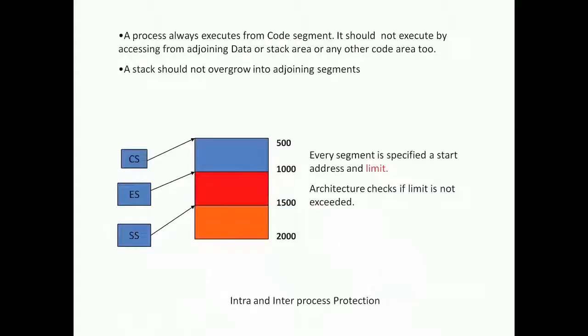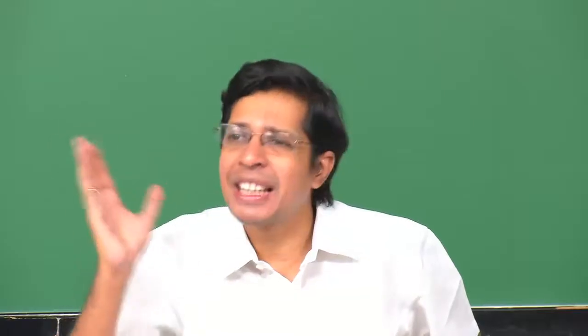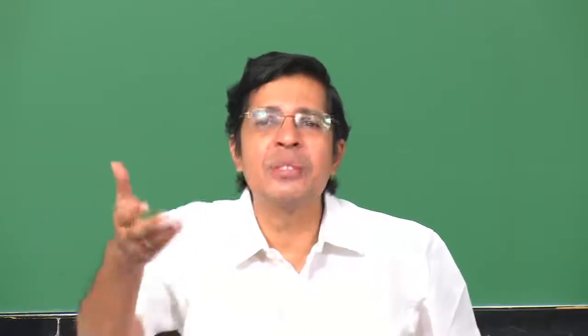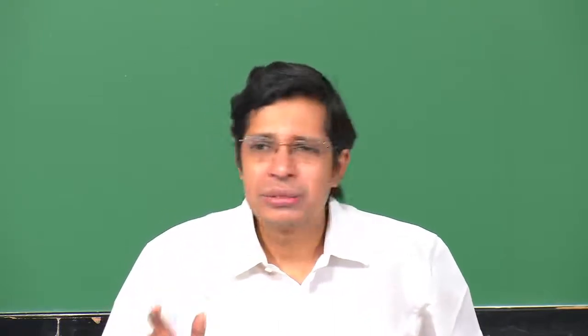So, similarly, the data is starting from 1000 and it is going to 1500. Now, I have a limit of 500, so the data segment maximum size is 500. If I try to access data a little above 500, what will happen? It will catch a segmentation error. There is a segmentation fault, seg fault you are seeing, right, when you execute a program. This is one manifestation of that seg fault. I am trying to exceed the limit that I have put here. Getting this? Any doubts? Okay.